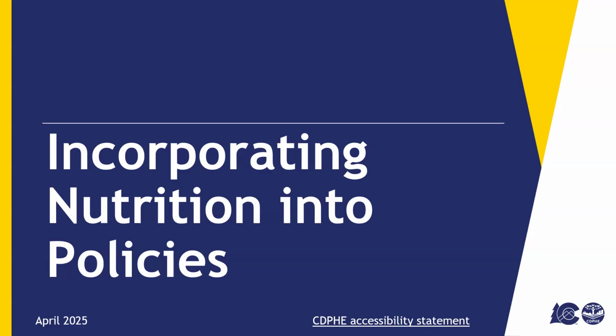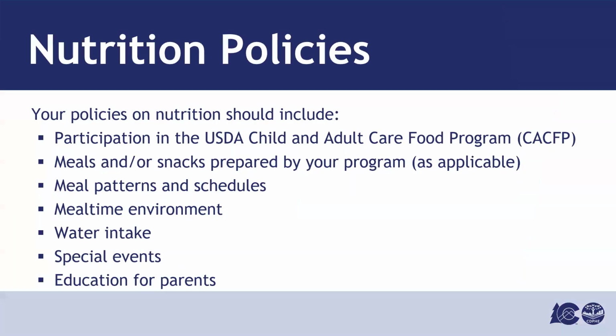This brief module is offered as a complement to early care and education college courses that cover health, safety, and nutrition. It is not meant to be exhaustive, but simply highlight important best practices and key information, as well as provide you with additional resources. As you know, child care program policies communicate expectations, roles, and responsibilities for staff and families. You may be wondering where to start or what types of things should be included related to nutrition.